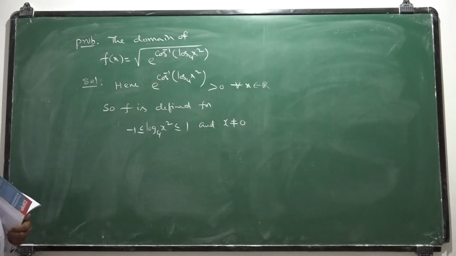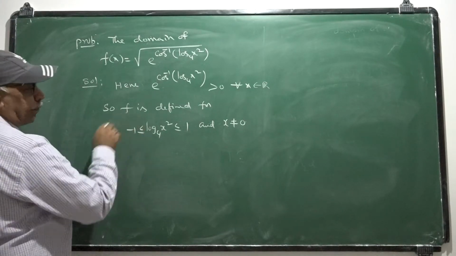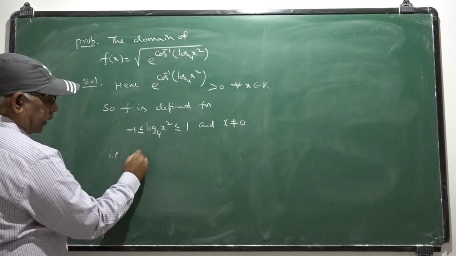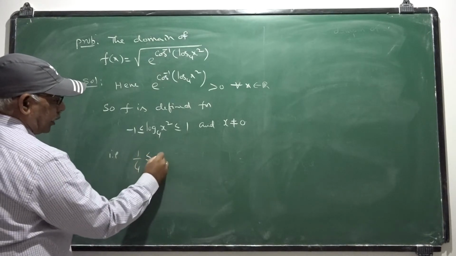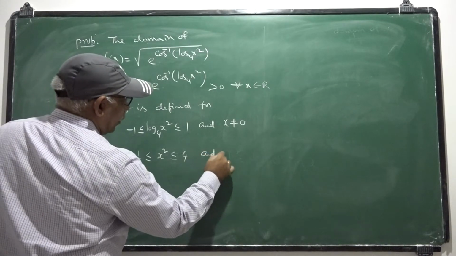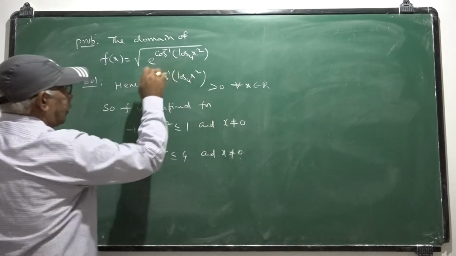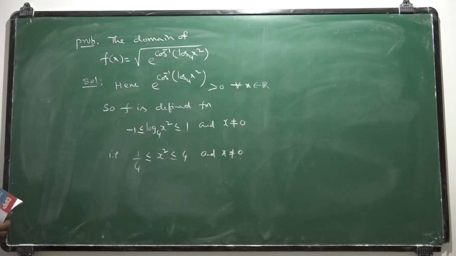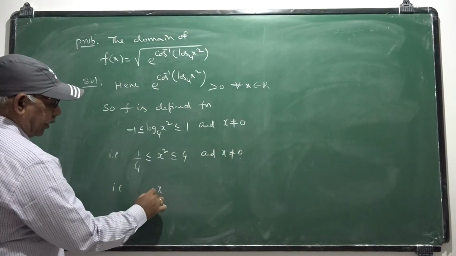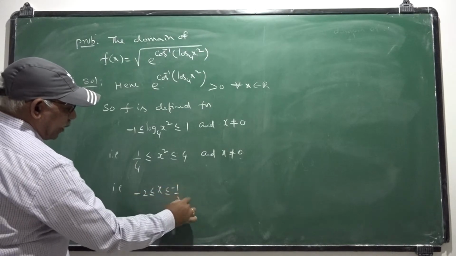Hence, log x square to the base 4 lies between -1 and 1. Moreover, x not equal to 0 must be observed to define the function f. So from 4 power -1, that is 1 by 4, is less than or equal to x square, which is less than or equal to 4, and x not equal to 0 should be followed to define f. x square lies between 1 by 4 and 4, which means x lies between -2 and -1 by 2,